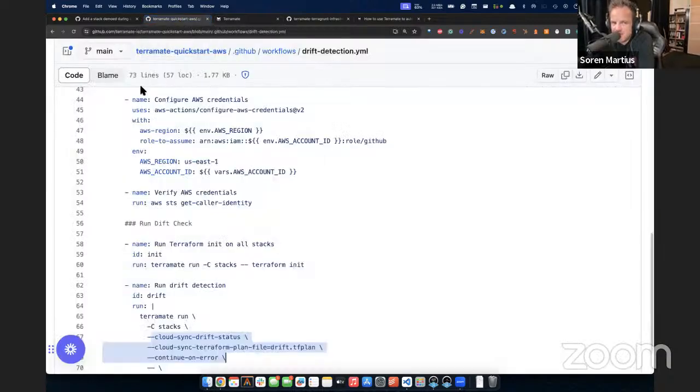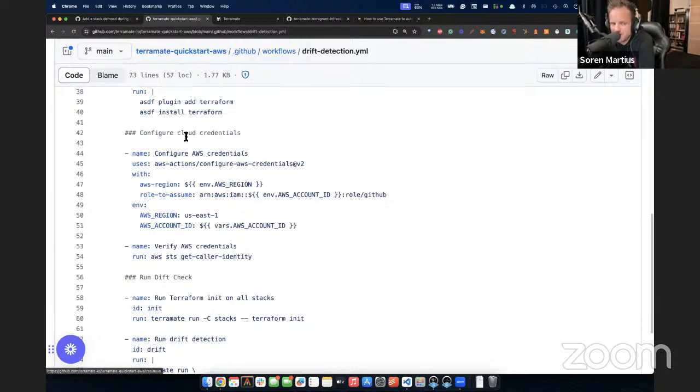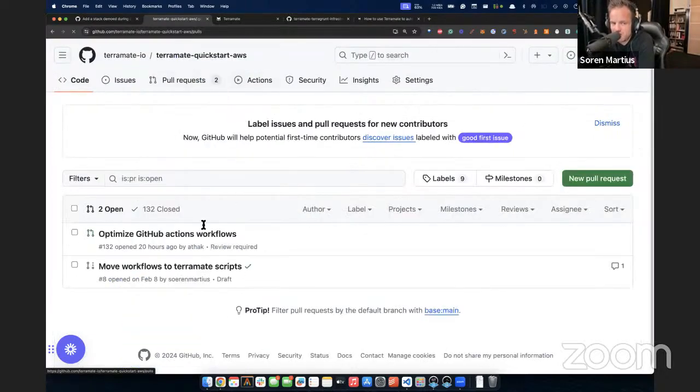But in any case, you're totally fine for previews and for deployments to use the GitHub workflows here, right? So you can just go through pull requests. You can use GitOps principles to review and deploy changes, and oftentimes there's no need for a purpose-built platform,